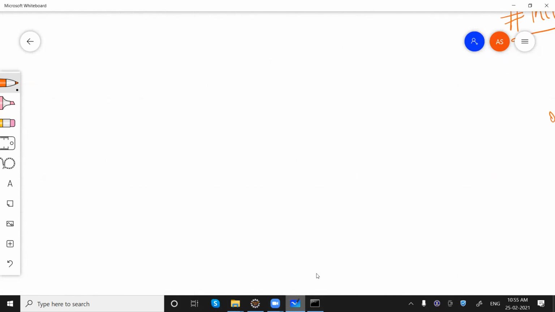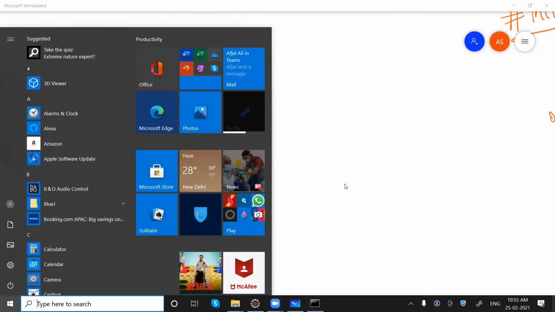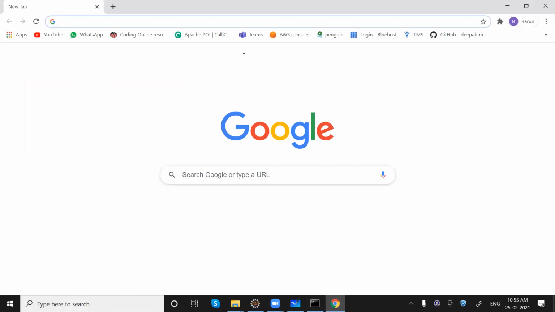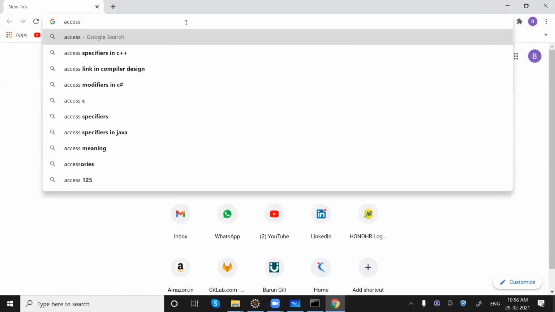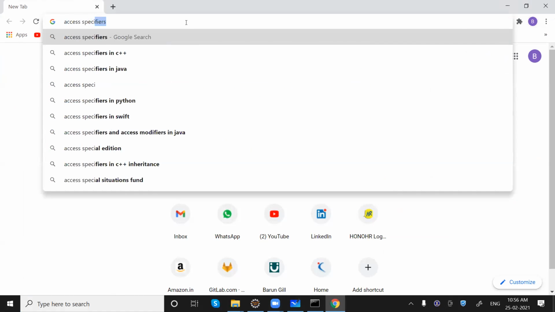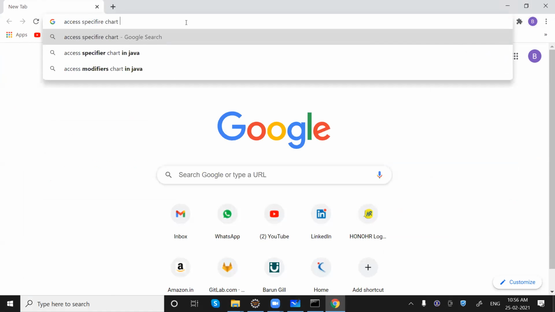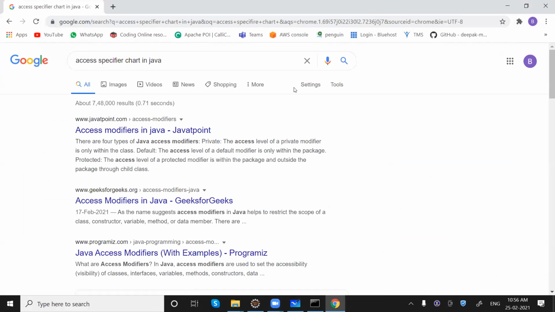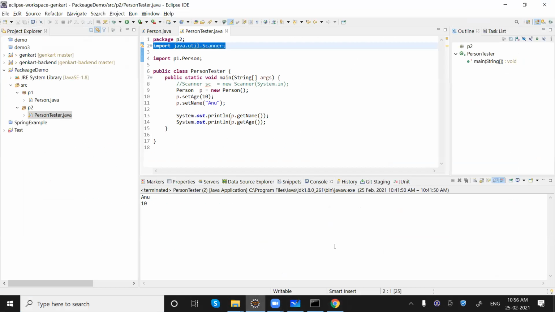Let me open one chart if we can find it online. Anuj, I have one question. If the subfolder and main folder have the same class, then will it be loaded or not?